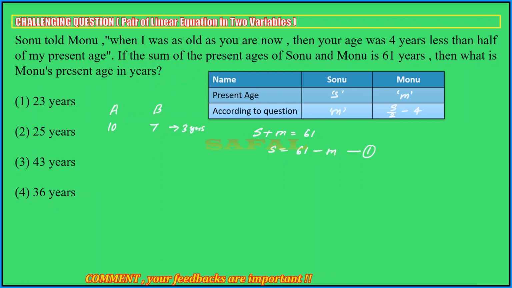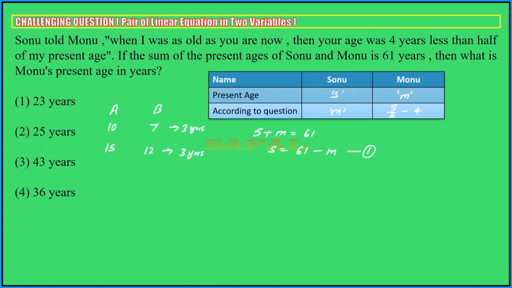Now let's say after 5 years. After 5 years A will become 10 plus 5, that is 15. B will become 7 plus 5, that is 12. And if you see the difference in age, 15 minus 12, so still it remains what? Same. That means if in two situations ages of two people are known to you, the difference in age in both situations will remain the same. So that is the catch in this question.